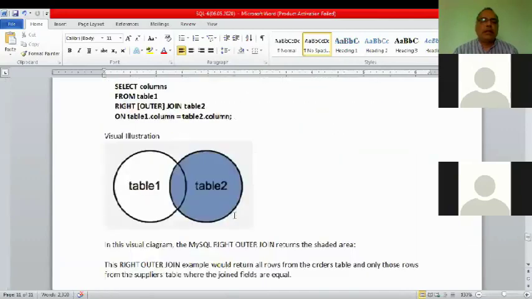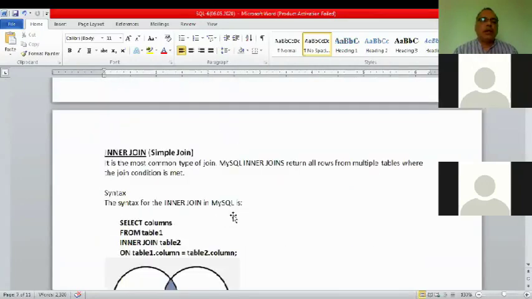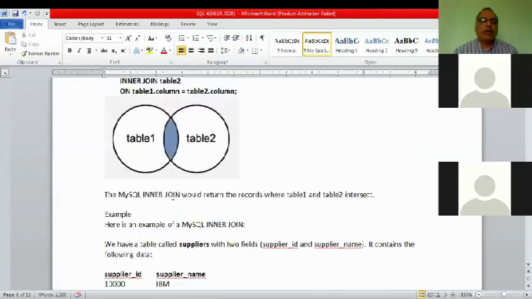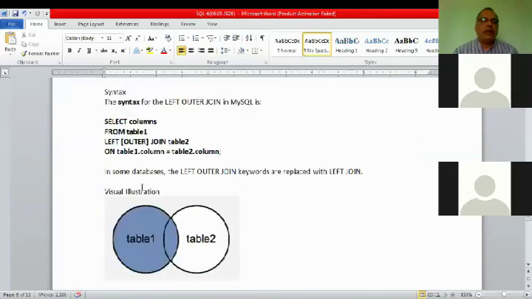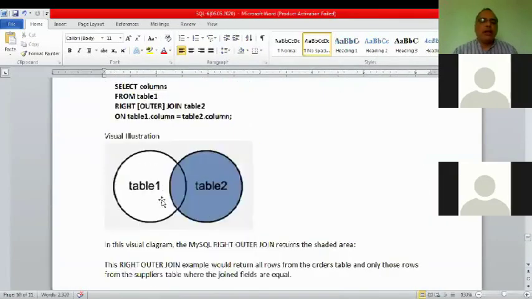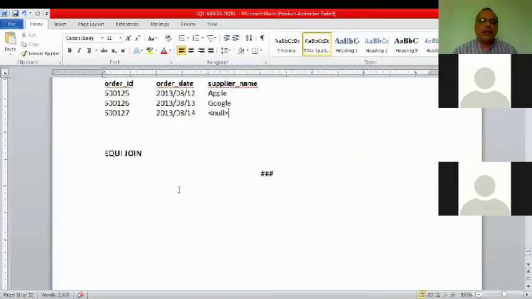So these are basically 3 types of joining. One is inner join, that takes the common records from both of the tables. Left outer, where the right table is getting joined to the left table, so all the values of the left table and the common values of the right table. And right join, all the values of the right table and the common values of the left table will be coming. So these are the various joins.